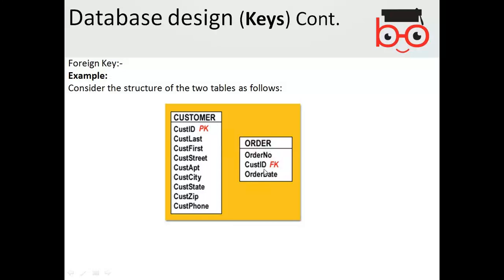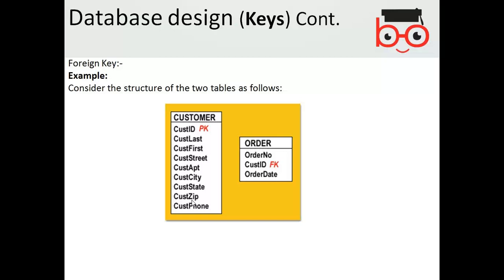When you define the primary key in one table, then you associate the foreign key into the other table, the order, so that every time you can connect two tables and you will not need to duplicate or rewrite the other fields. So hence, when you really want to utilize the concept of database and minimize the duplication of the data, then you need to have multiple tables and join them using the primary key and foreign key.